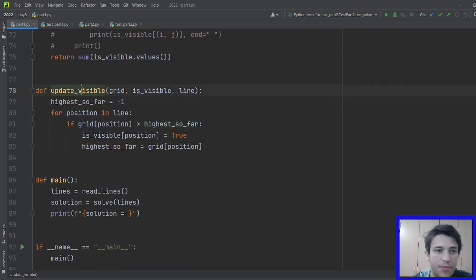So what does this update visible function do? So we have the grid, which gives us the heights of the trees. We have this is_visible array, which will be updated. And we have the corresponding line, so that could be either a row or a column, iterated from either side. And then we want to keep track of the highest so far, because of the trees of height 0, we want to start at minus 1. And then we go through all the